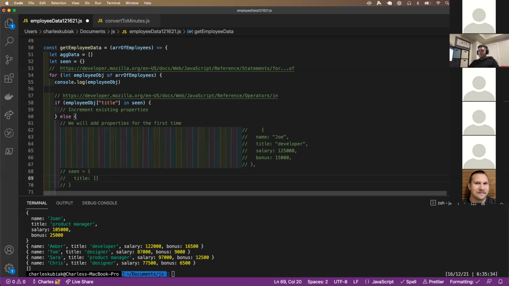Title is going to be the key, and then I'll do count first, then salary, and bonus. My count I'm creating out of thin air, and then I'm grabbing salary and bonus. So what that would look like is